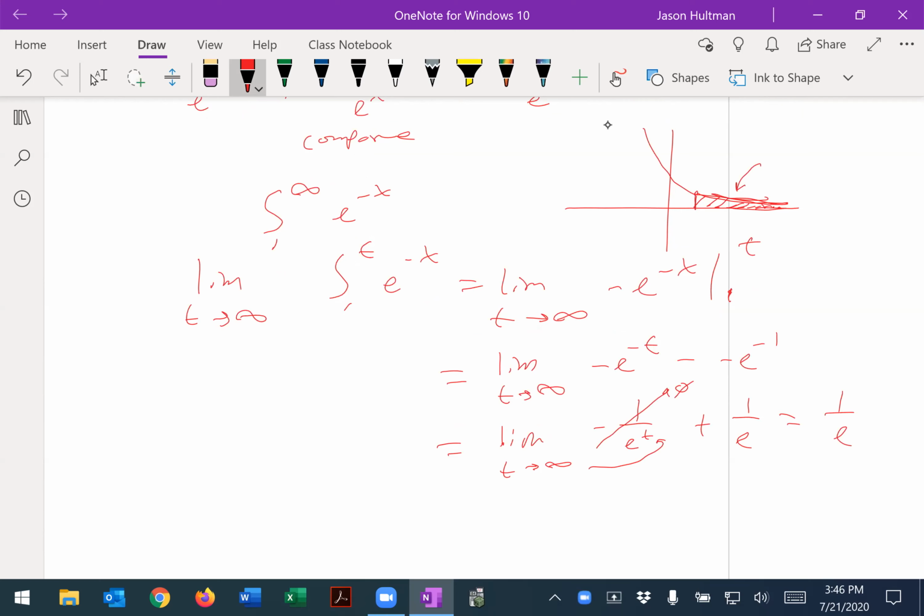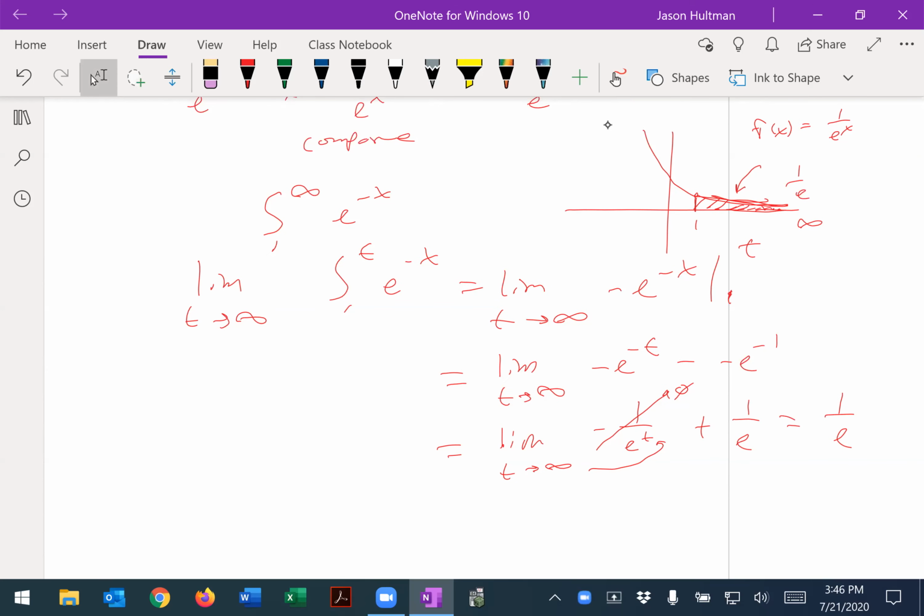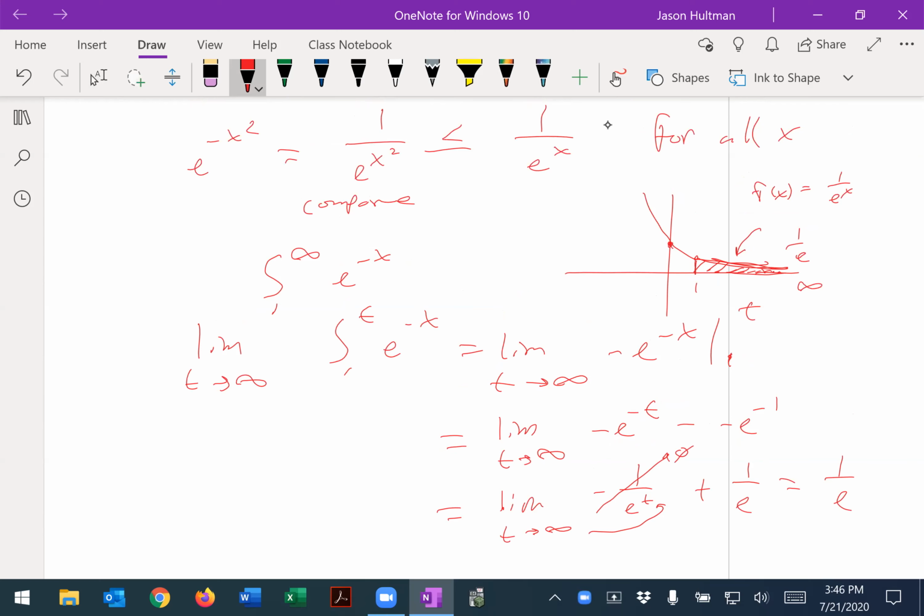So this thing here converges. The function f of x was equal to 1 over e to the x, then the e is just 1 over e. Kind of interesting. That's the area. Well, we also know that 1 over e to the x squared is going to converge even faster. Let me use a different color here. This thing's going to converge whoosh like this, boom. And so if that thing converges even faster, then it's sandwiched between the two, and so we can say by